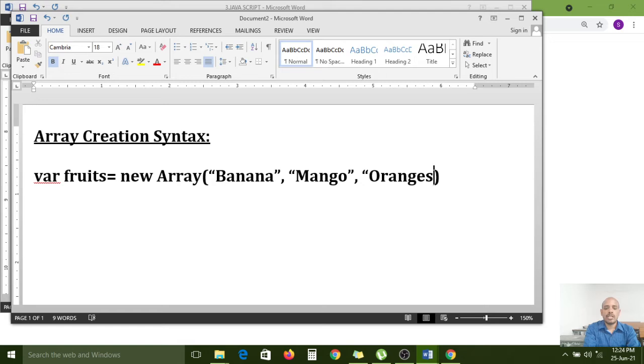Here I want to store a list of string values. A string is nothing but a group of characters. So here three fruits I have stored in the array object.